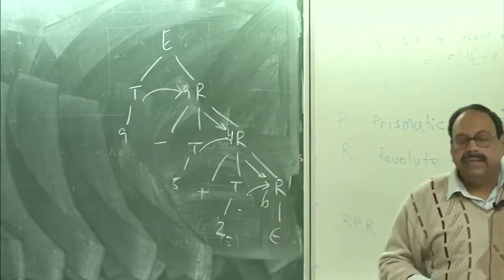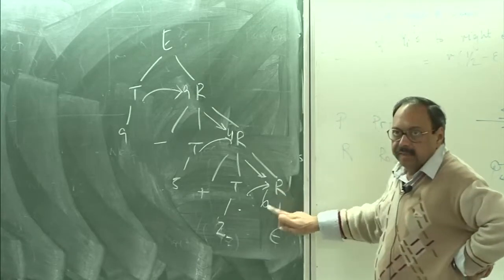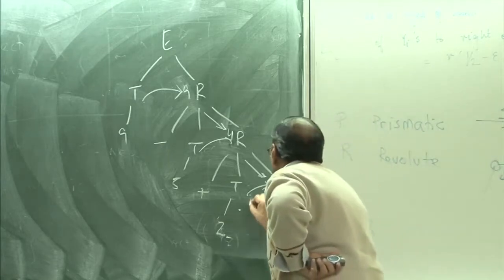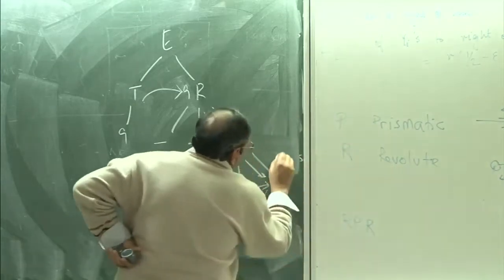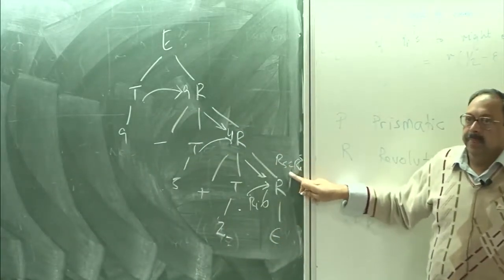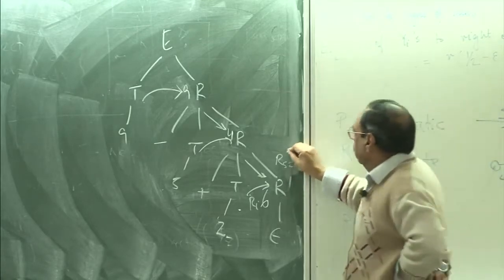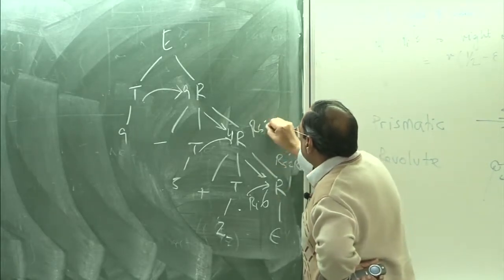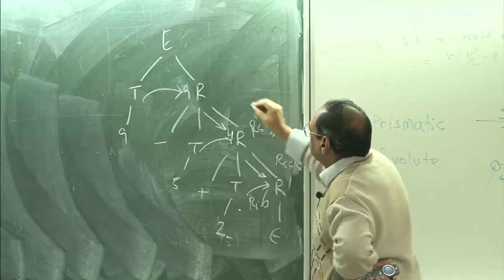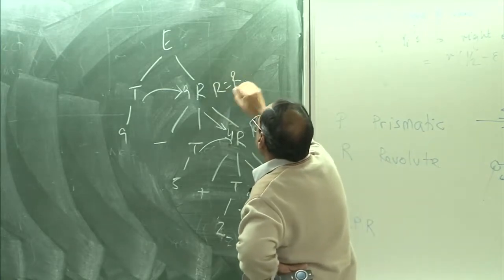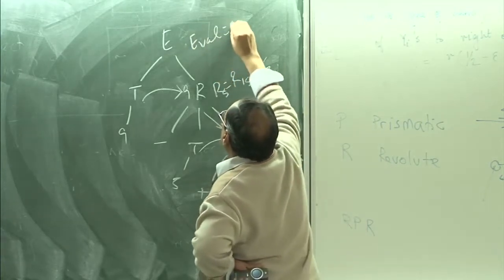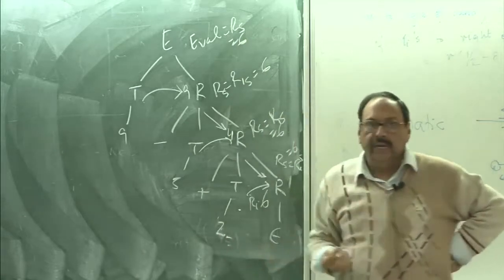Okay. Now, I say that R synthesized is nothing but a copy of R inherited. So, if I do that, then I can say that this was the value of Ri, and now Rs here becomes Ri, and what will be the value of Rs? 6, right. And now I can say this R synthesized is a copy of this R synthesized. So, this gives me R1s, which becomes 6, and then I can use the same rule here which says R synthesized is R1 synthesized, which is 6, and then I can say eval is R synthesized, which is 6, and that is what I wanted.